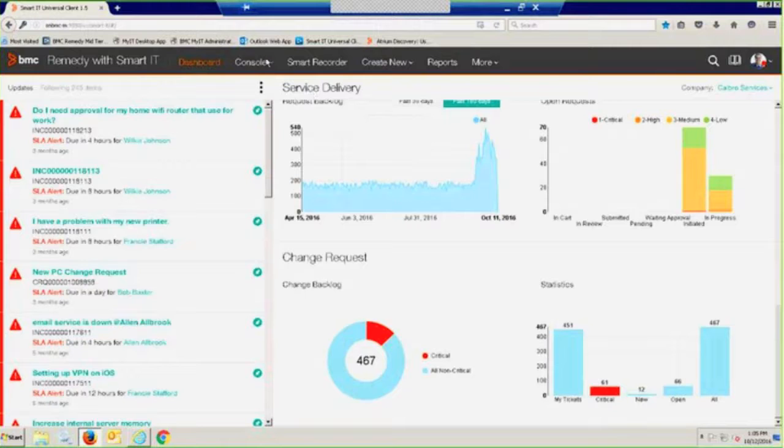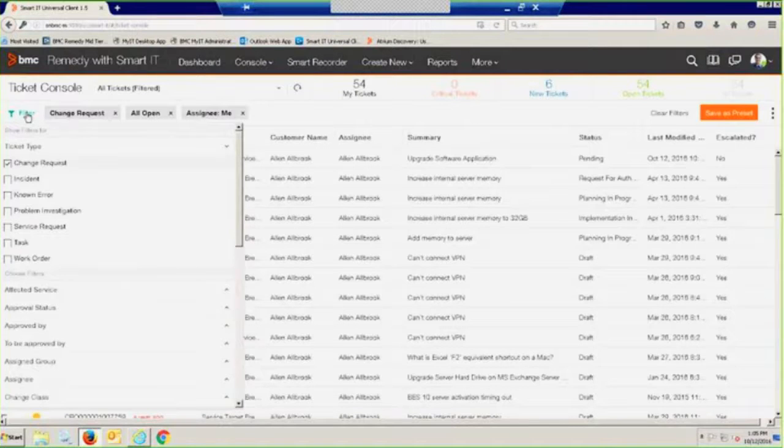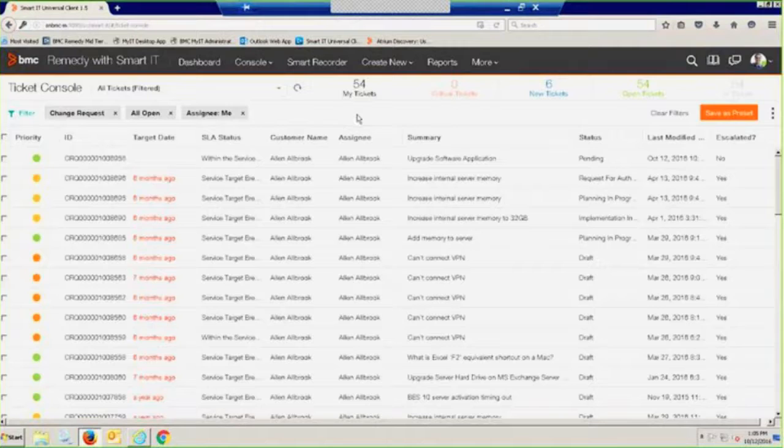And then, of course, I can go right to my console and actually look at my tickets. And, of course, I can filter those tickets down. Since this webinar is about change, I'm sitting here looking at my various changes. I'm looking at them color-coded by priority. Again, I can add any types of filters on this environment to make my console, my queue, if you would, look exactly how I want it. And as is prevalent in all of the Smart IT forms, you get your nice summaries up here